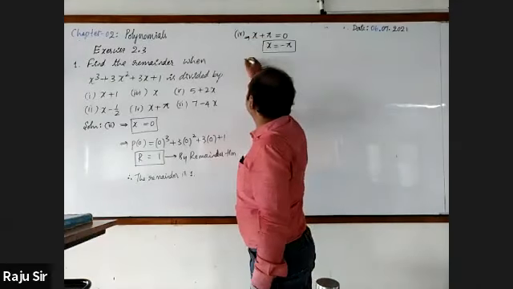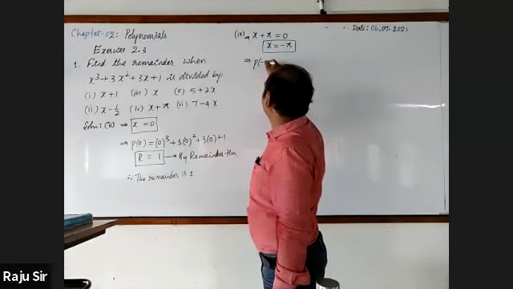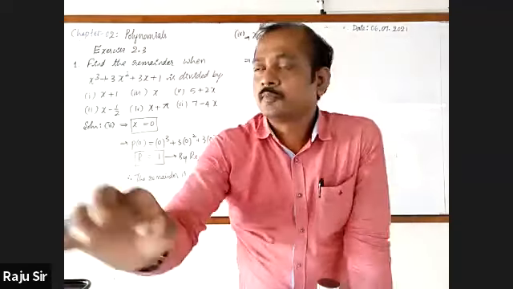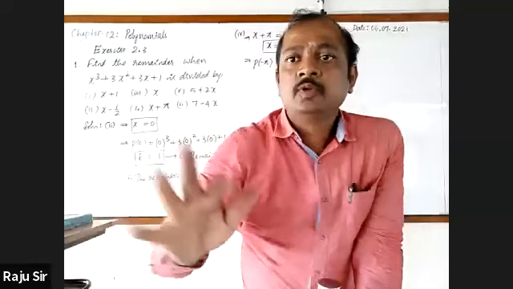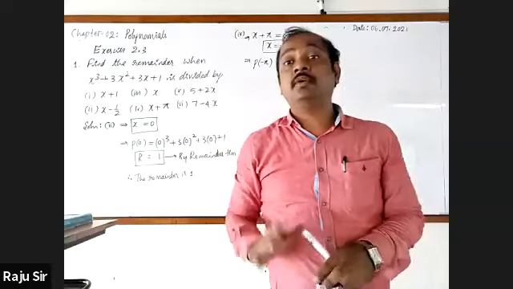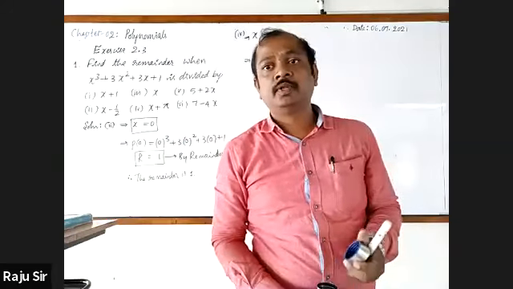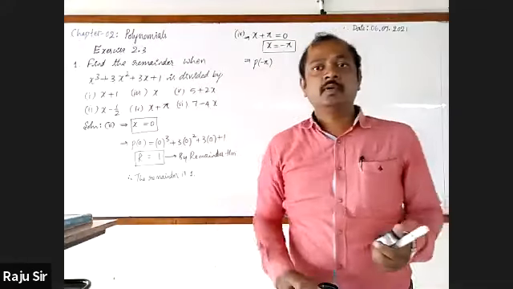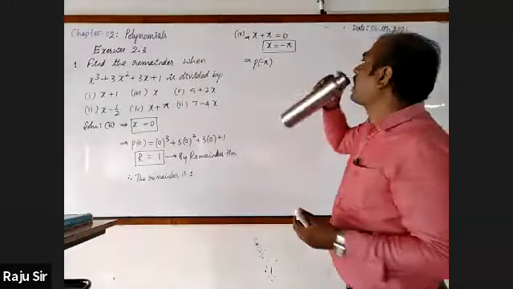Next. You have to not write 22 by 7, sir. Pardon me? Sir, instead of pi, we can write 22 by 7, no, sir, pi value. Don't write, because they have not given the value. If it is given, then only you substitute. Or else, write pi as it is.